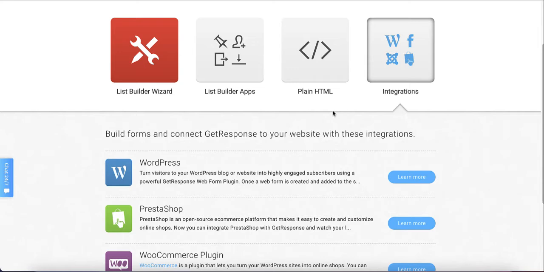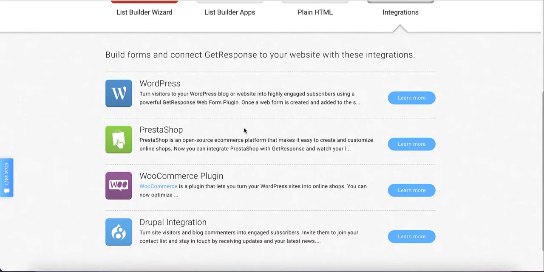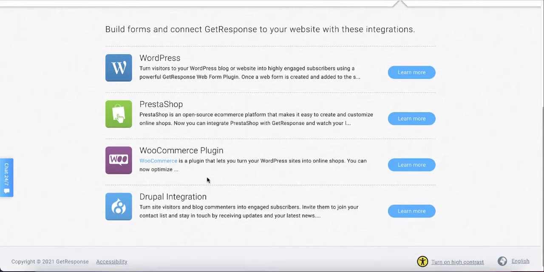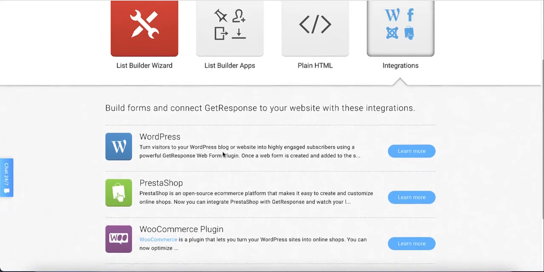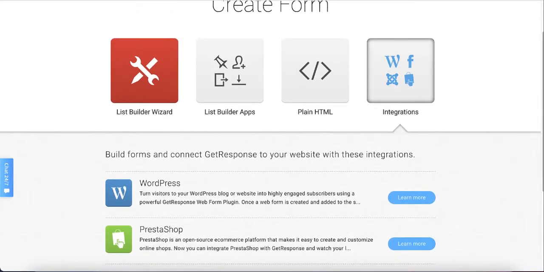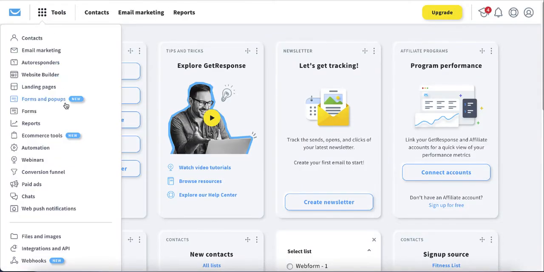All you need to do is to actually install the GetResponse plugin in your WordPress account and then connect it using the API, and then you can actually load the forms and use it if you want to. You can use the same thing for WooCommerce as well. I personally like JavaScript because it's faster and it's easier to use, but the same way you can actually use the integrations. Now that we know how to create the sign-up forms, the same way you can create landing pages,